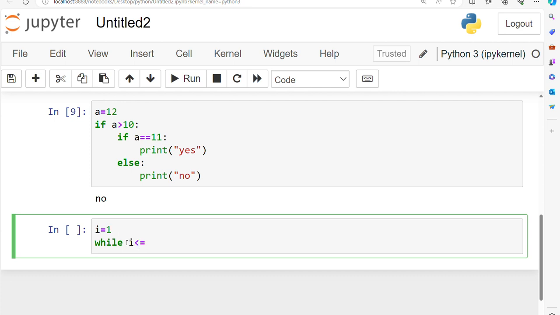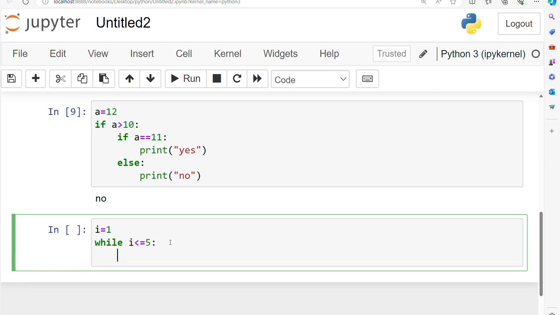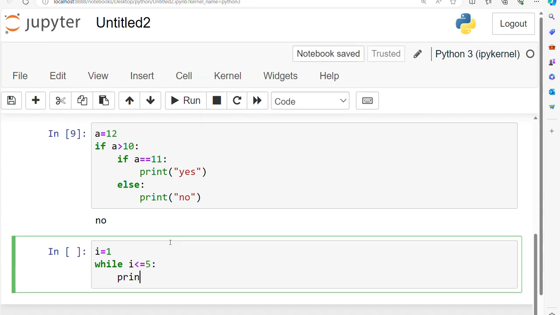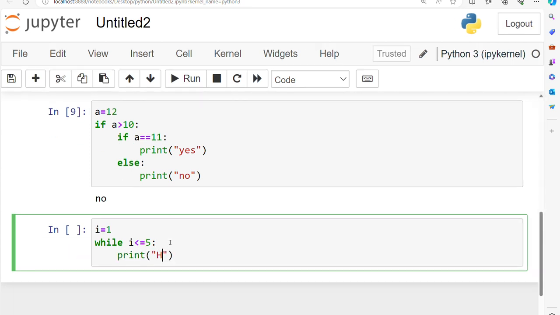Now I want to run my loop for 5 times. I <= 5 means I have to run the loop from 1 to 5. Now if I write print hello,